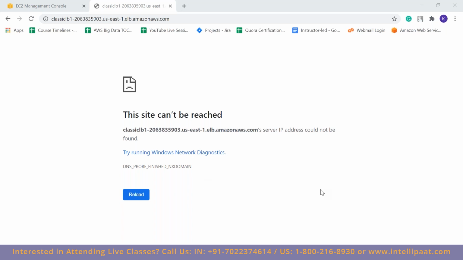How do you get a key? Key in the sense, I think you mean the key pair which we used for the web servers, and right now it's working, so we'll see that. So how do you get the key? You should choose the option create new key, and once you click on that, you will have to provide your key name and click on download key pair, and that's it. It's pretty simple. Refresh once. Yeah, I'll refresh and show you.